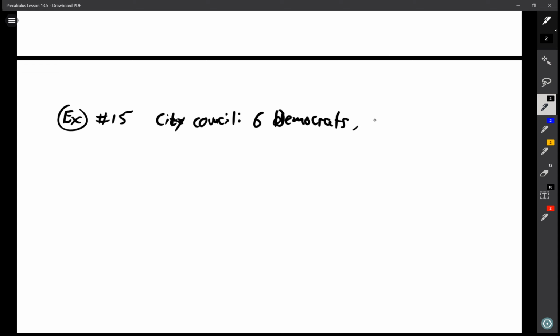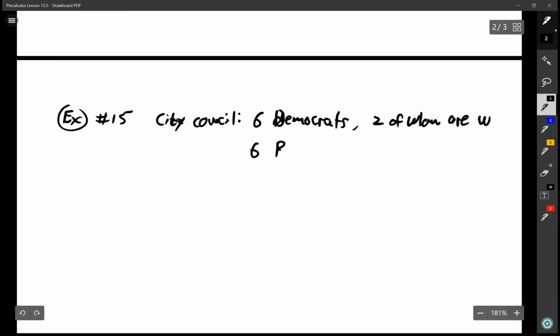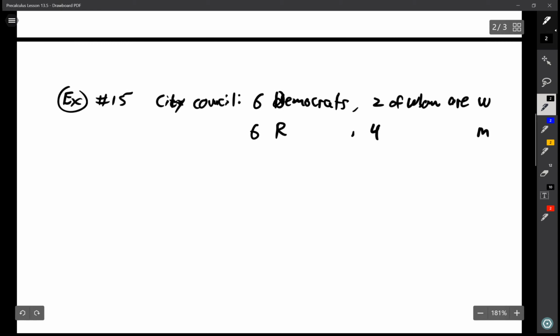2 of whom are women. And then also on this city council are 6 Republicans. And what are we told here? 4 of whom are men. And we want to find